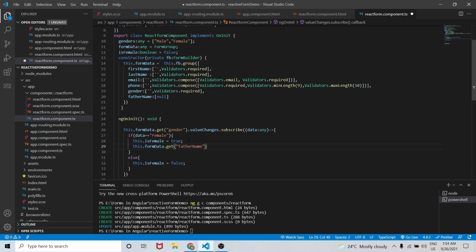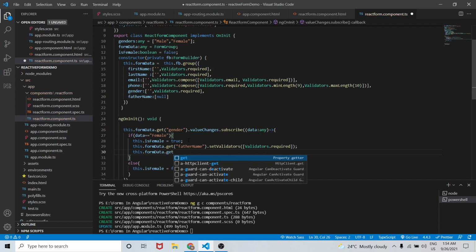When the female is selected, we will write setValidators like this, Validators.required, and also we need to update the value and validity of this.